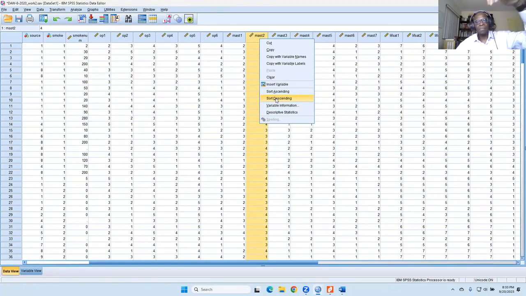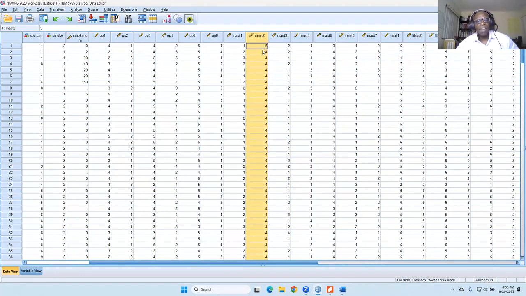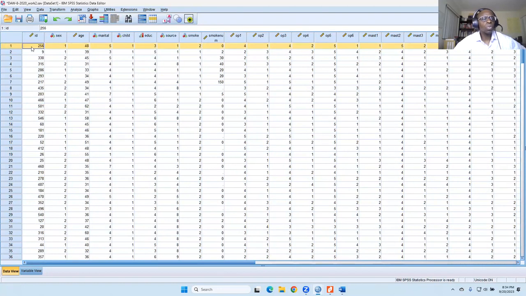Because it's a 5. So we want the numbers to descend as they go down. So we've got 5 here. We go over and we go to respondent 256 in our questionnaire.